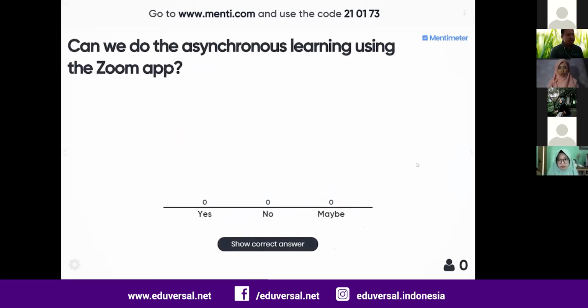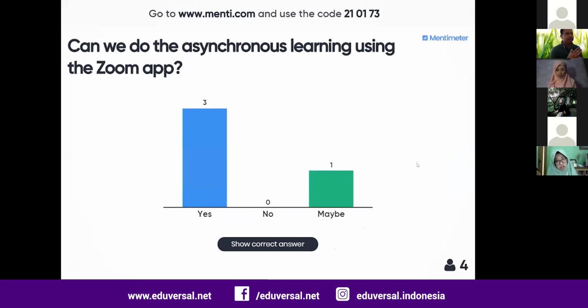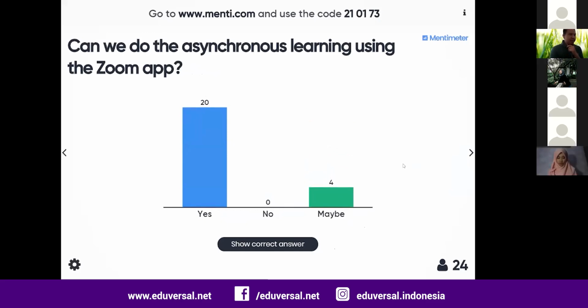Can we do the asynchronous learning using the Zoom app? Maybe you remember, asynchronous means you record the video and give it to the students, and then they will learn something from your video. But now, can it be done using the Zoom app or not? Okay, obviously most of you think it can be done.